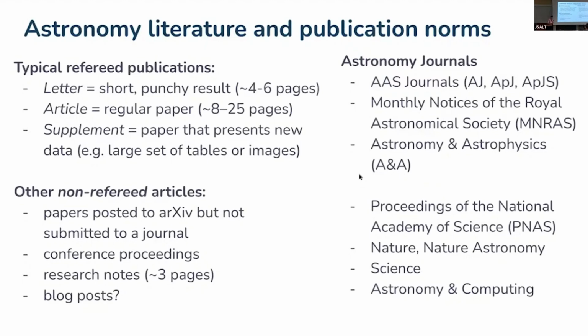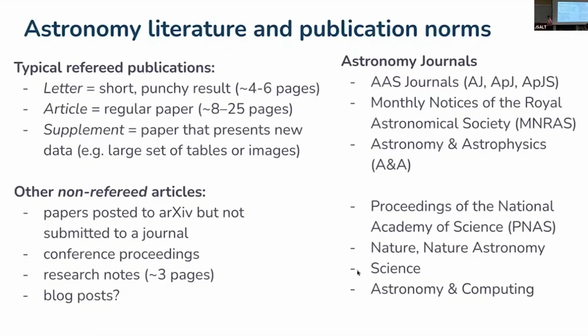There are other journals that we sometimes pay attention to, but not that much because they're mostly for profit, and astronomers are very averse to publishing in for-profit journals. Proceedings of the National Academy of Science is not for profit. It's just that they don't do a lot of astronomy there. Nature and Nature Astronomy are run by for-profit entities, so a lot of astronomers have a negative reaction to those highly prestigious journals. Same with Science. It's very interesting.